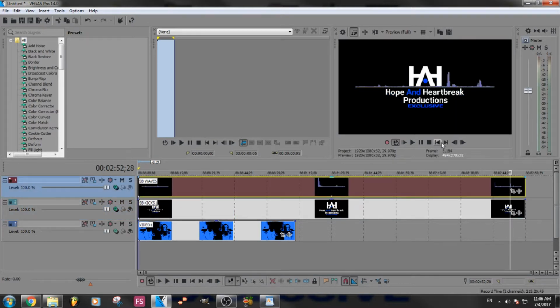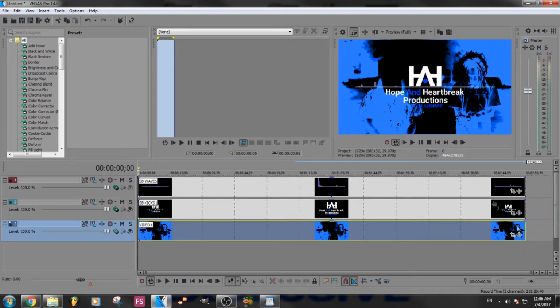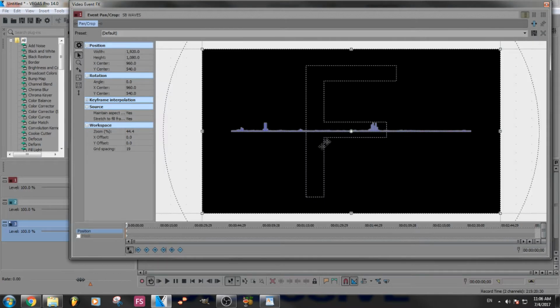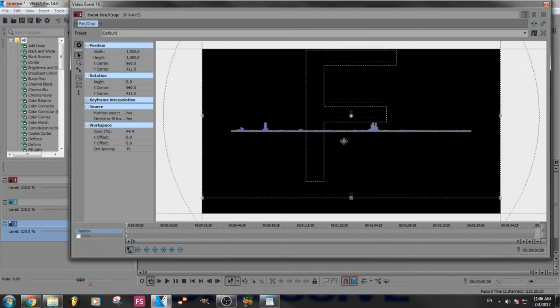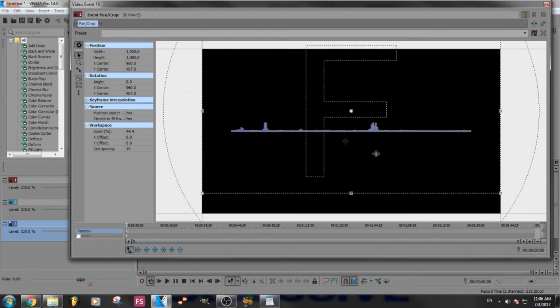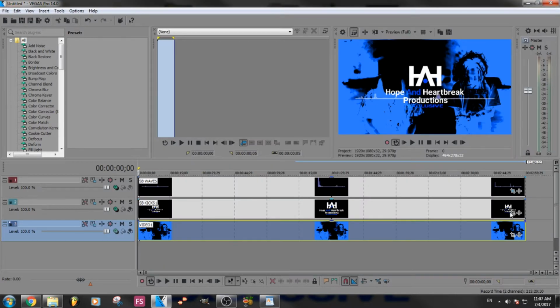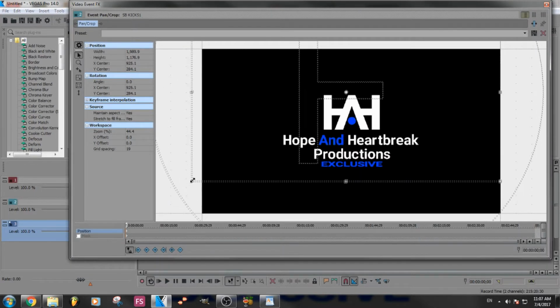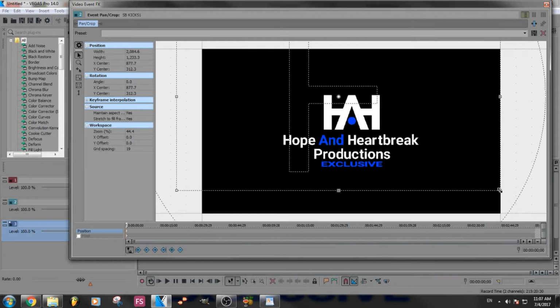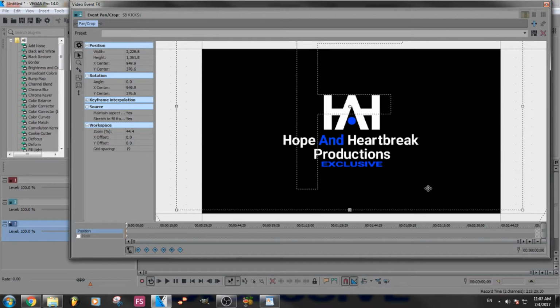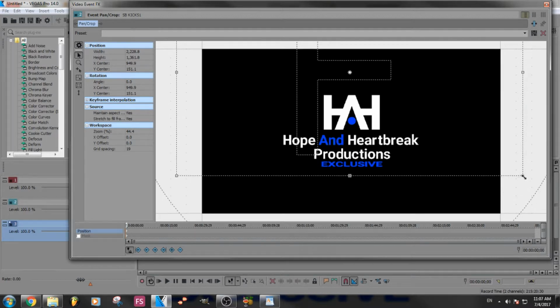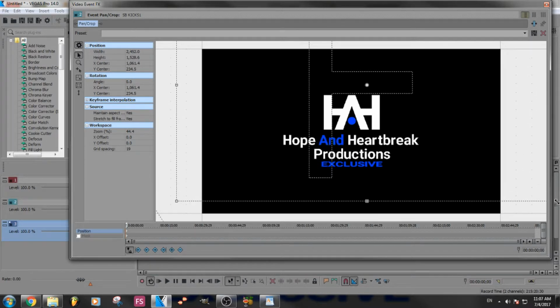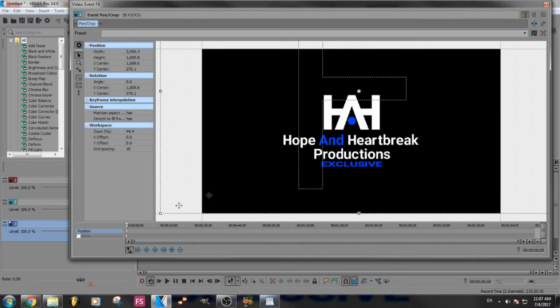So I do need to adjust it. So we're going to get everything about the same length. And I'm going to go to my first frame, and I'm going to move this wave down a little bit. So maybe about here should be good. I'm going to do the same thing for the Open Heartbreak Productions picture, and I'll actually make it smaller too while keeping it centered. Once again, I have 2 monitors so I can sort of see how it'll play out